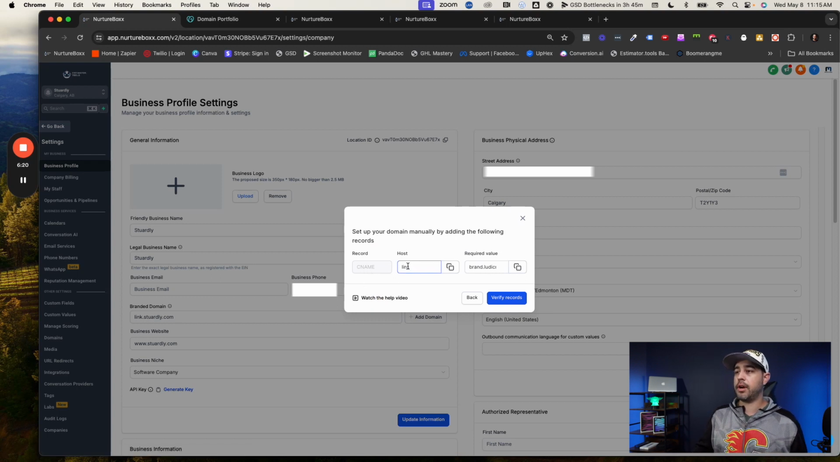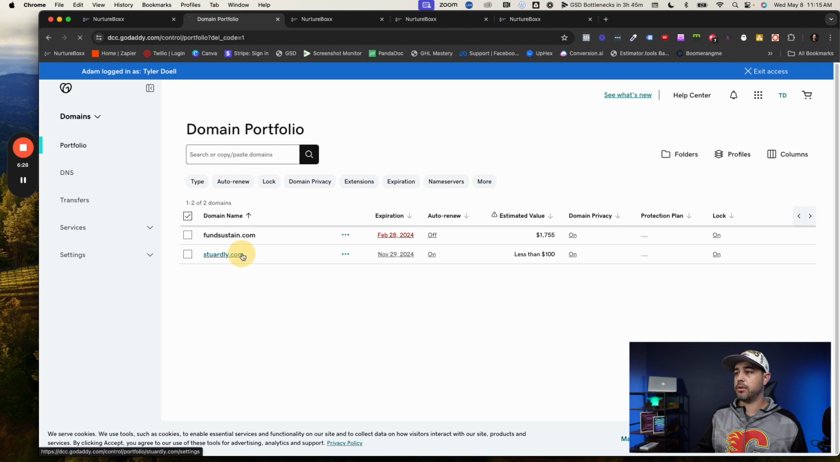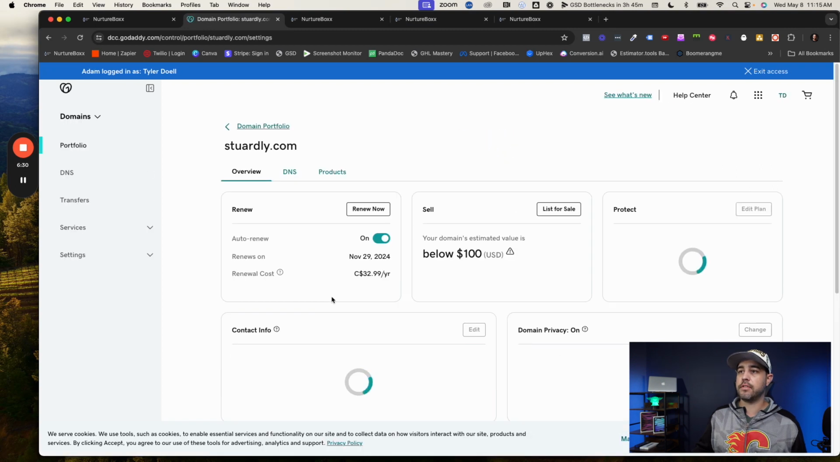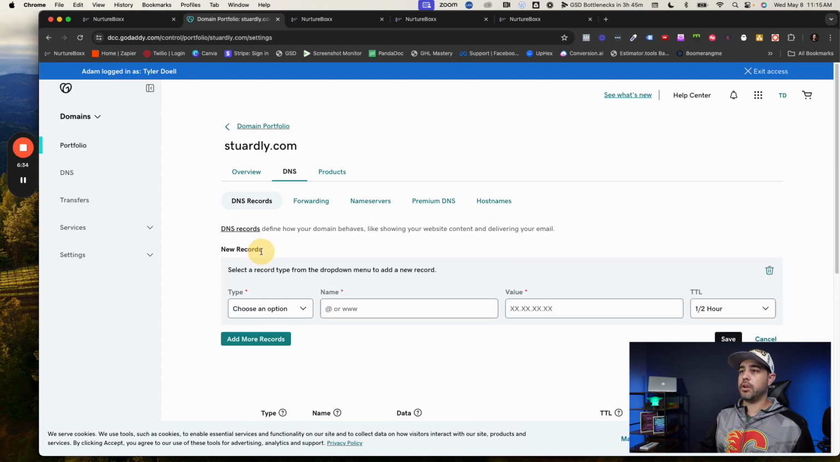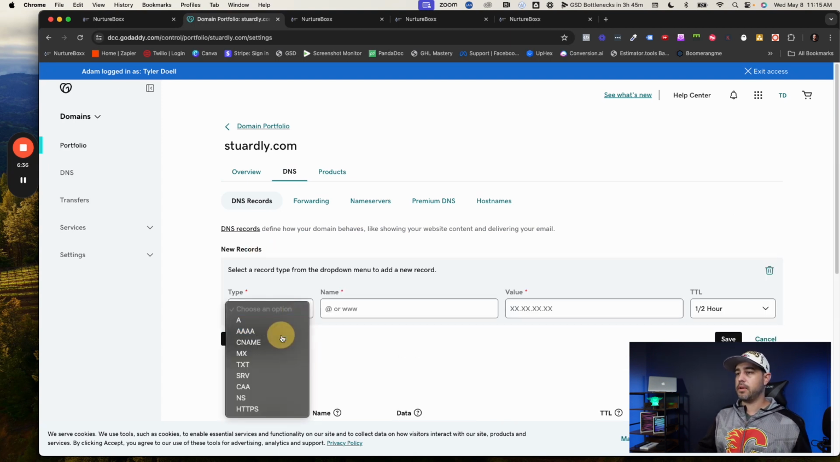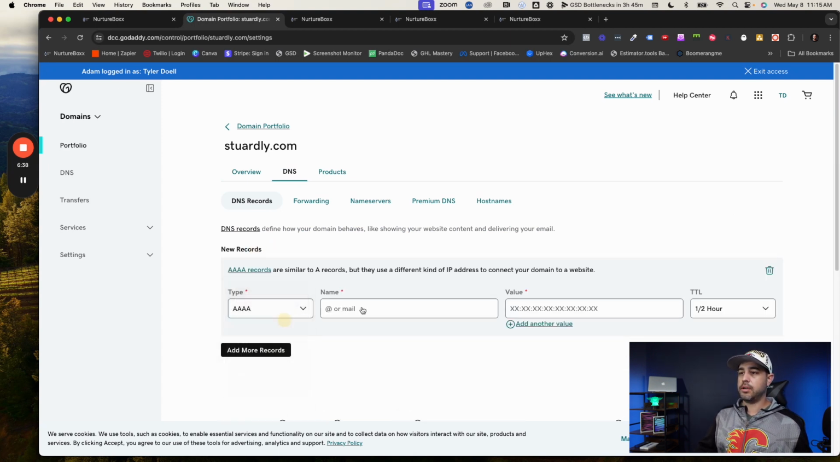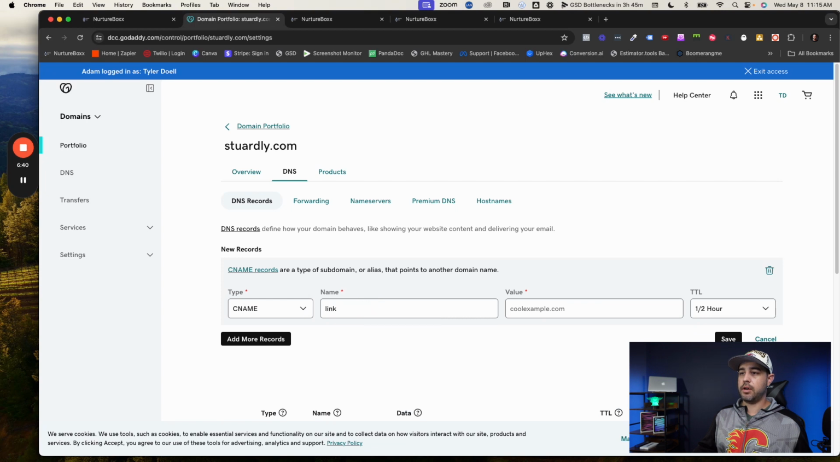So we're going to go add record manually, and here we need to create a CNAME record with the host being link, and then where we're going to send it to, which is the brand.ludicrous... So we're going to go into the stewardly domain here, and we're going to go manage the DNS. We are going to add a record, a CNAME record, not an A record. There we go. And we're going to type in link here. We're going to go paste